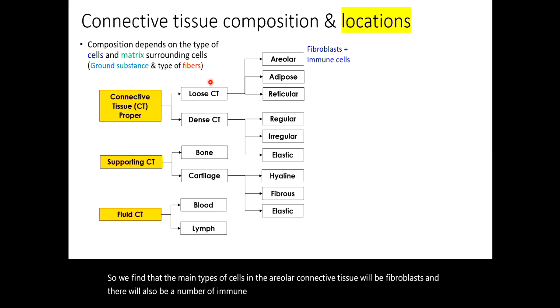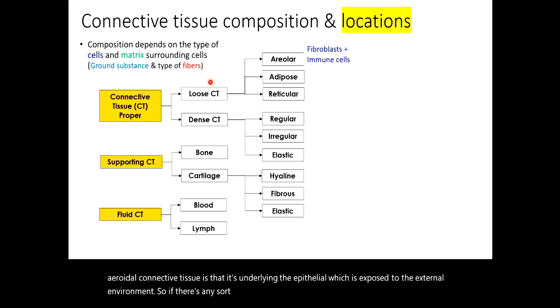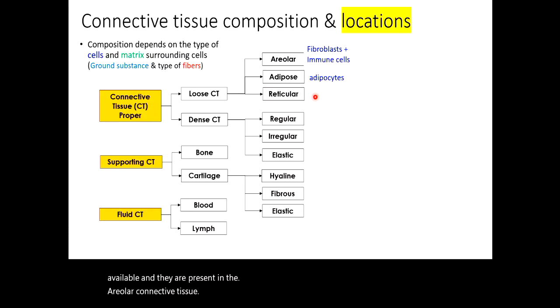Now the reason why you need immune cells in the areolar connective tissue is that it's underlying the epithelia, which is exposed to the external environment. So if there's any sort of damage to the epithelia, you want to have immune cells available, and they are present in the areolar connective tissue. Next, in the adipose tissue, as the name indicates, you will find adipocytes, and in the